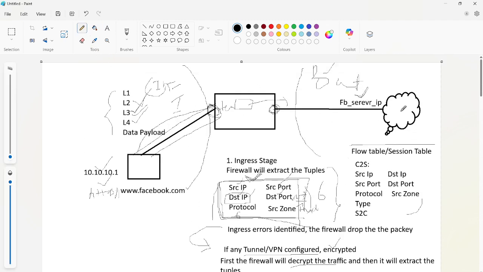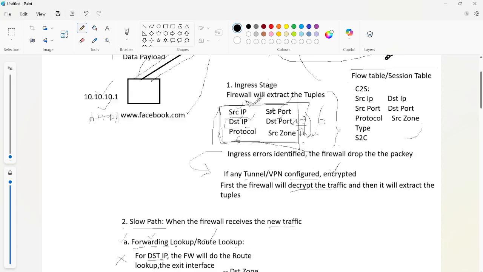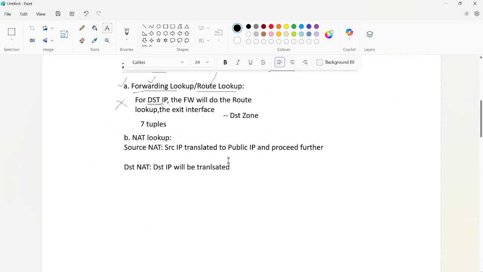Whenever the traffic comes from outside, the firewall receives the traffic at that particular interface, and the firewall is going to change the destination IP, right? If the destination IP is changed, the firewall will do the forwarding lookup again.